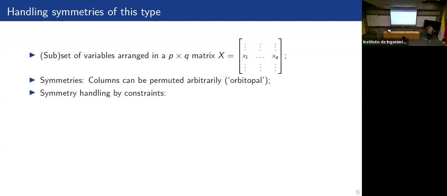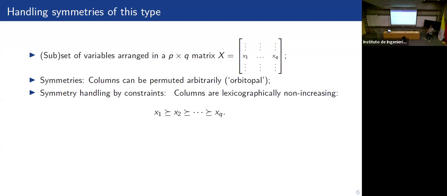orbitopal symmetries. So there are various ways to handle orbitopal symmetries. A very common way is to add an additional constraint to the problem, saying that the first column that we have is lexicographically larger than the second, lexicographically larger than the third, and so forth. And this enforces an ordering in our solution vector. And it will turn out that there is exactly one solution matrix here that respects these constraints. Because if we pick two columns and we flip them, if we take a solution that's lexicographically maximal this way, we pick two columns and flip them. If these columns are different, then one of these constraints will be violated. So basically modeling out. Right? Yes, exactly.